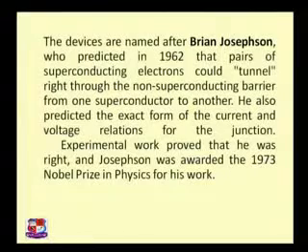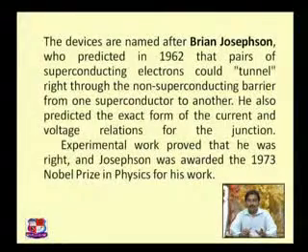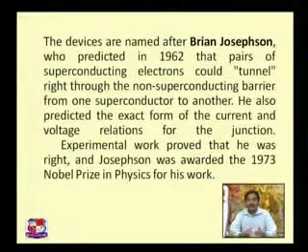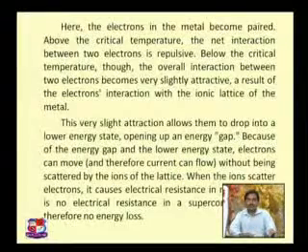The Josephson junction and effect were identified first by Brian Josephson. He was a scientist, and in 1962 he predicted the behavior. He did not devise the thing, but he gave the idea about the tunneling effect and how the current flows through the insulating material we kept between the 2 superconductors. From his idea, or his observations, we are able to devise such a thing, and due to that he got a Nobel Prize in 1973. From his work we are able to devise one important application or device, that is the SQUID.